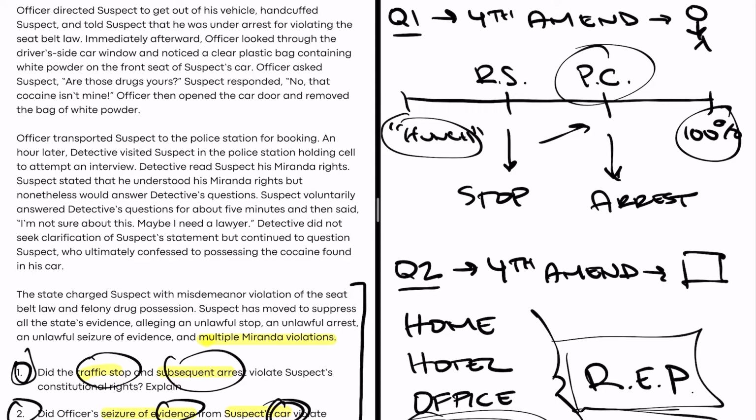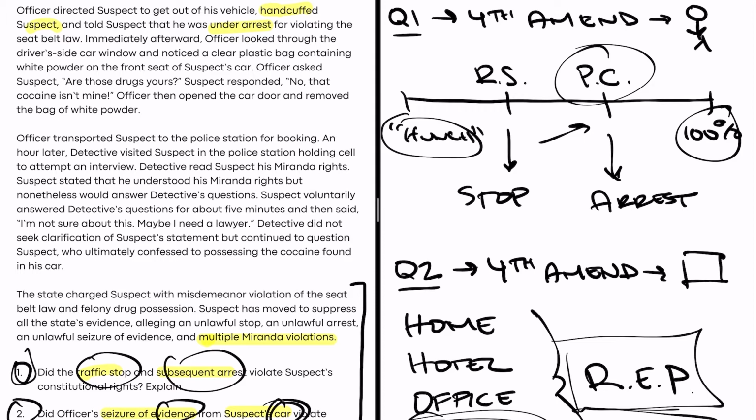He personally observed, he personally witnessed the crime take place. So he's got probable cause to stop the suspect and make an arrest. At this point, the Fourth Amendment has not been violated. Officer directed suspect to get out of his vehicle, handcuffed suspect, and told suspect that he was under arrest for violating the seatbelt law. Okay, so again, that first sentence still kind of goes to question number 1, but we